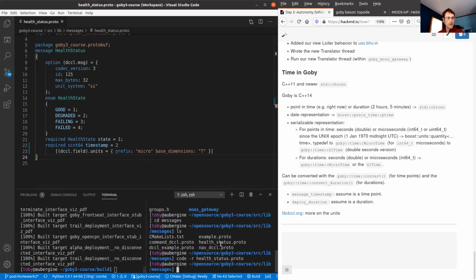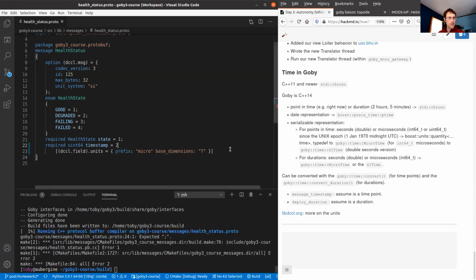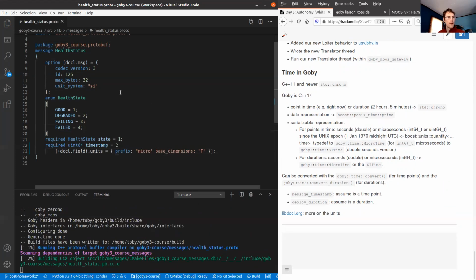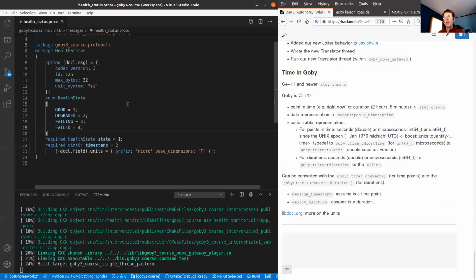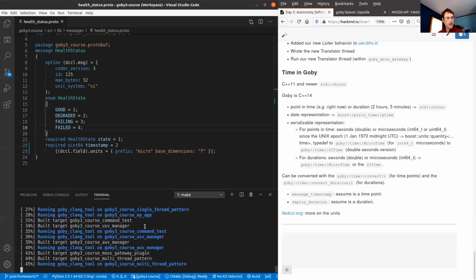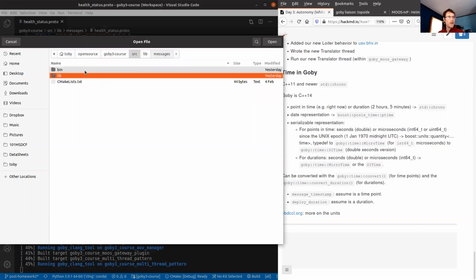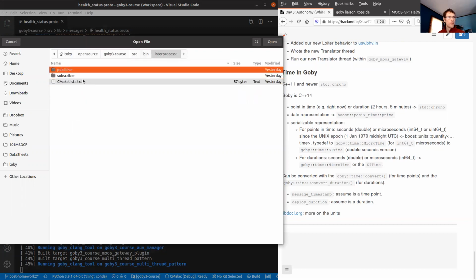So now if we go back to the, we can build that, see what I missed, semicolon. So if we go back to the app.cpp for the interprocess one that we were looking at yesterday, which is going to be in src/bin/interprocess1 for the publisher.